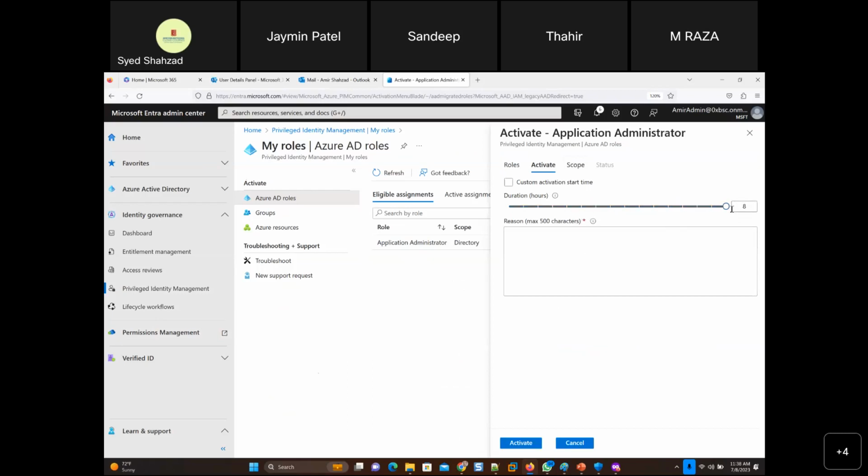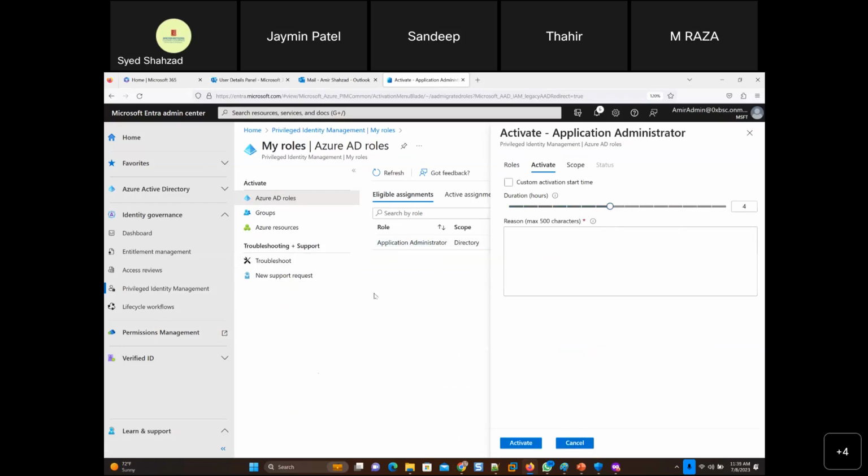Suppose you don't want 8 hours to be seen at all. So you can change it to anything. And then you can give a reason here as well, that, hey, I'm putting this because of security, because of company compliance policy. And yeah, so you can put something for each role. So for every role, this role user can access for 5 hours or 4 hours, and that role you can access for 7 hours. There are above 50 or 60 roles there, right? You can go for most critical roles that give highest privileges, and you can even lessen the hours.